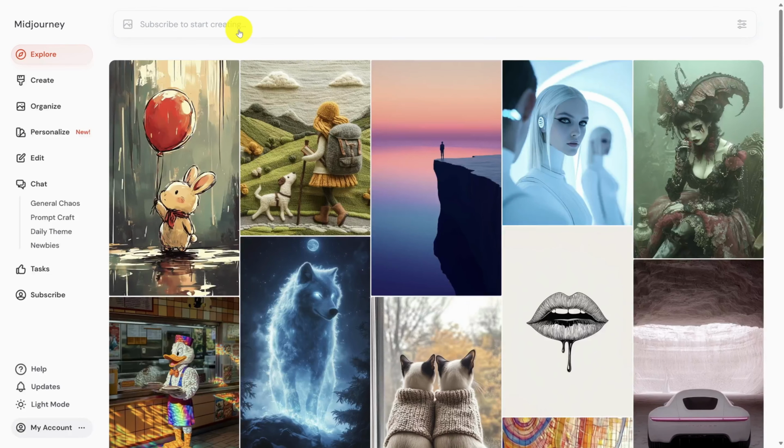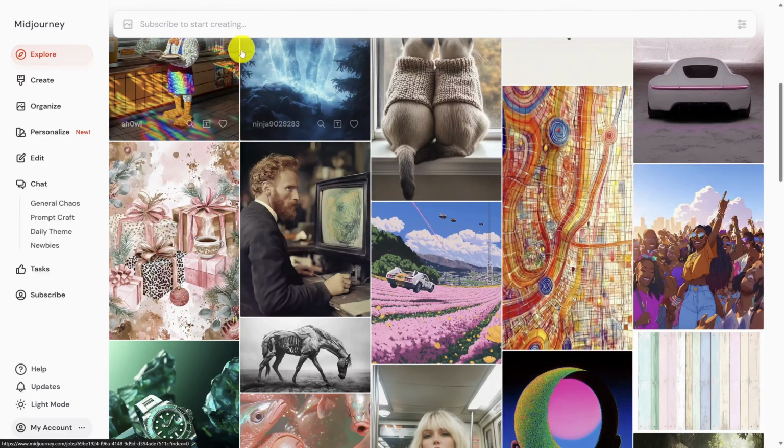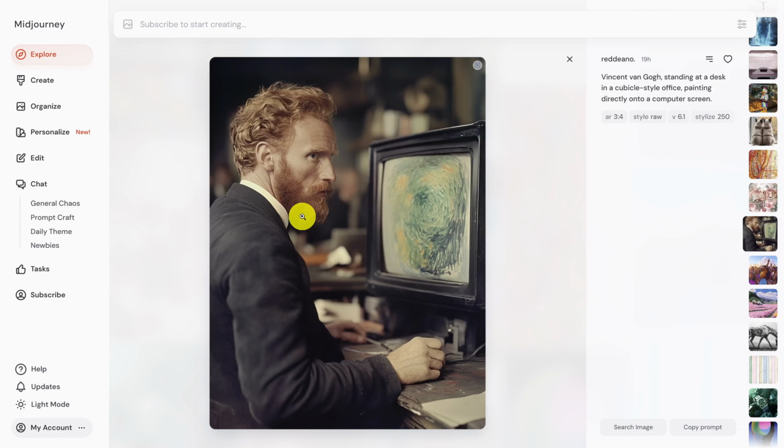This tab is here to inspire you with the possibilities of what you can create with Midjourney. You can click on any image to see the prompt and options used to create that image. On the right side of the screen, you can see the prompt and the options are listed below. We'll cover all these in a minute, but before we get too ahead of ourselves, you might have noticed the